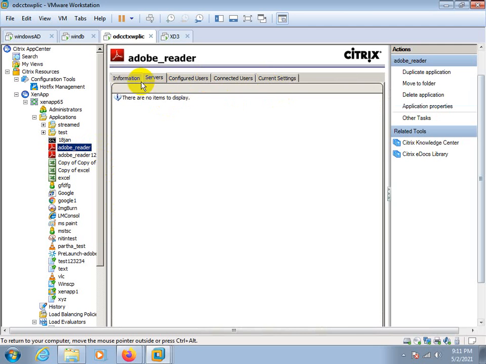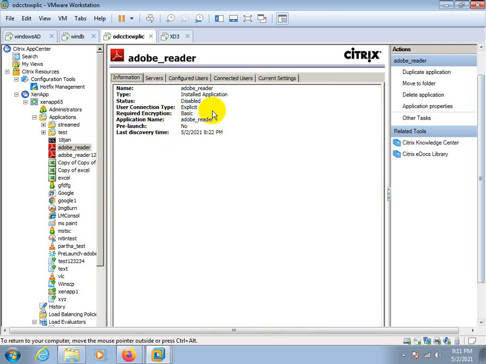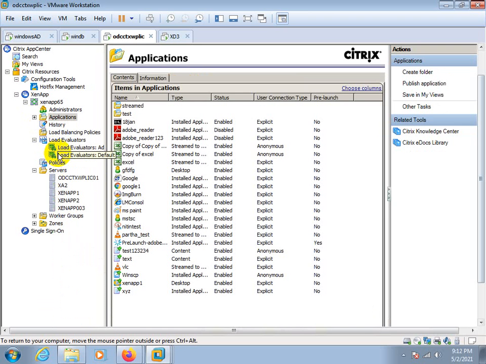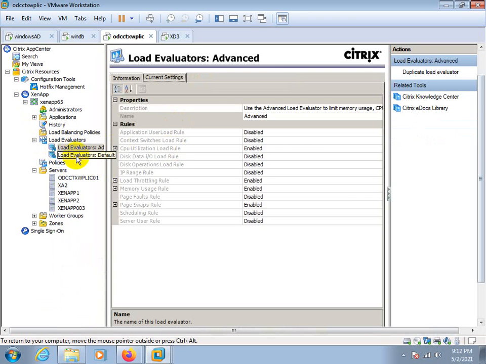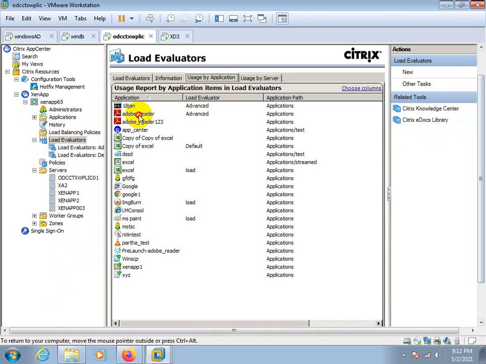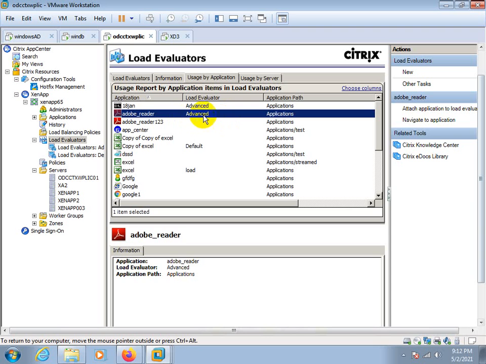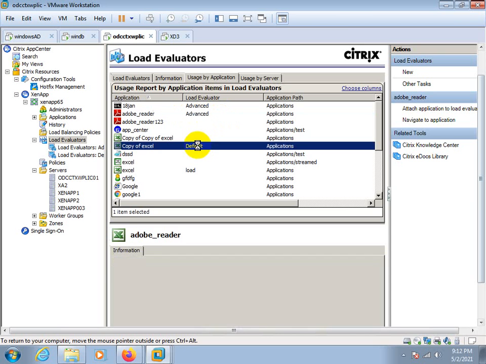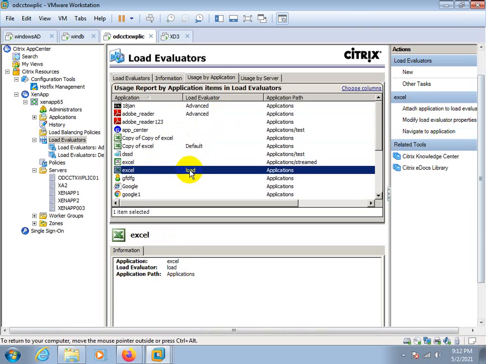In Adobe Reader, the advanced load evaluator is applied. Here is default. So this is the way how to apply load evaluator on an application.